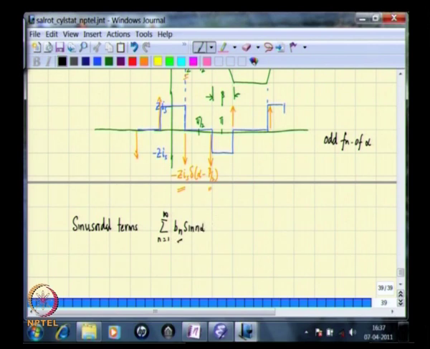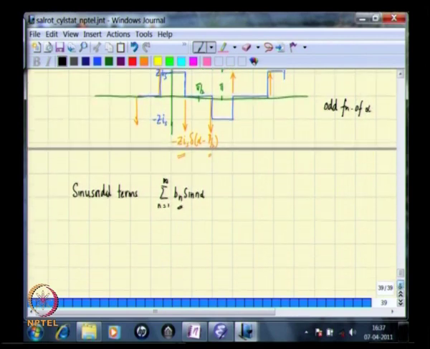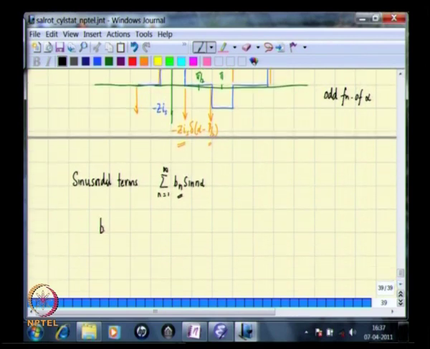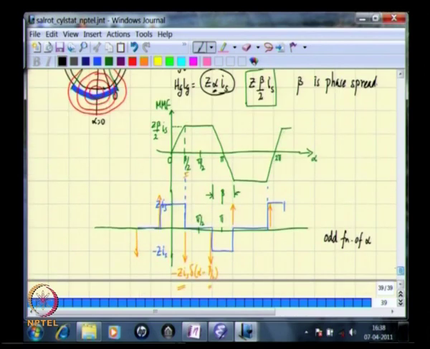So we need to find out what Bn is, and to do that what we do is Bn is 2 by 2 pi integral 0 to 2 pi, if the derivative function we call as f double dashed of alpha sin n alpha d alpha,